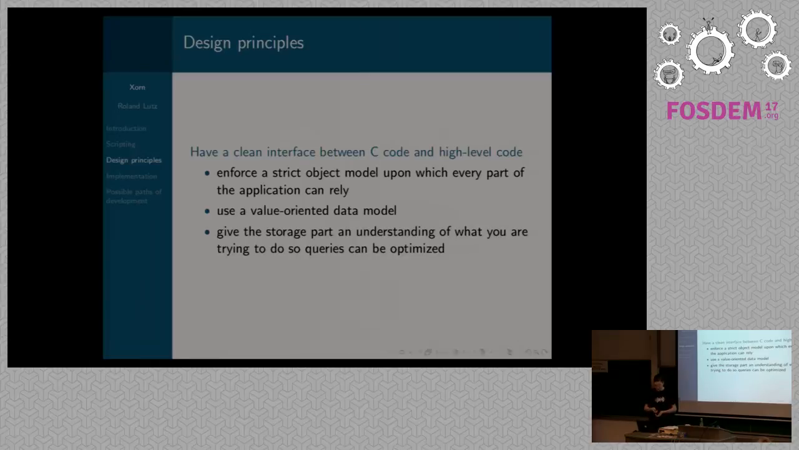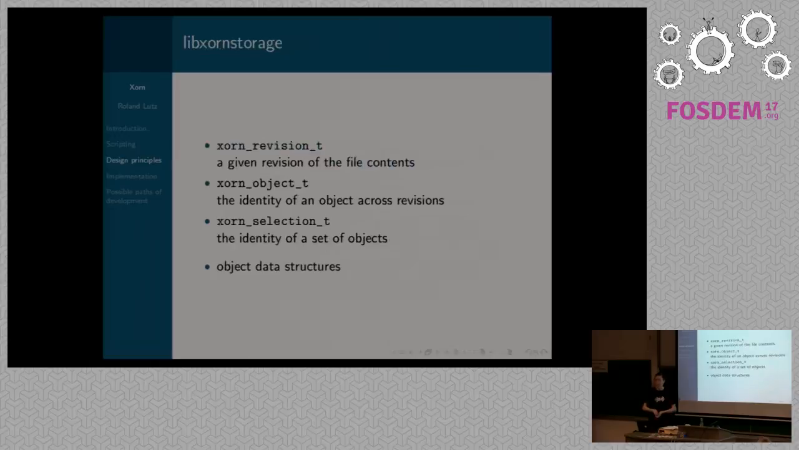So this is what I did. There is Xorn storage, which is this shared storage part of the application. It defines the revision type, which represents one version of the file. It implements an object type, which represents the identity of an object, which is basically what you would have left if you